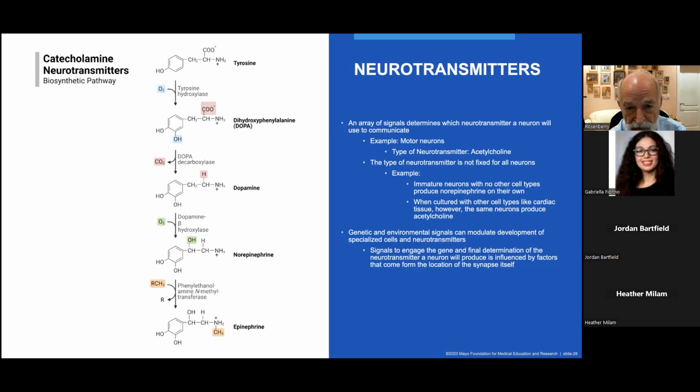Example, immature neurons with no other cell types produce norepinephrine on their own. And when cultured with other cell types like cardiac tissue, the same neurons produce acetylcholine. Genetic and environmental signals can modulate development of specialized cells and neurotransmitters. Signals to engage the gene and final determination of the neurotransmitter is influenced by factors that come from the location